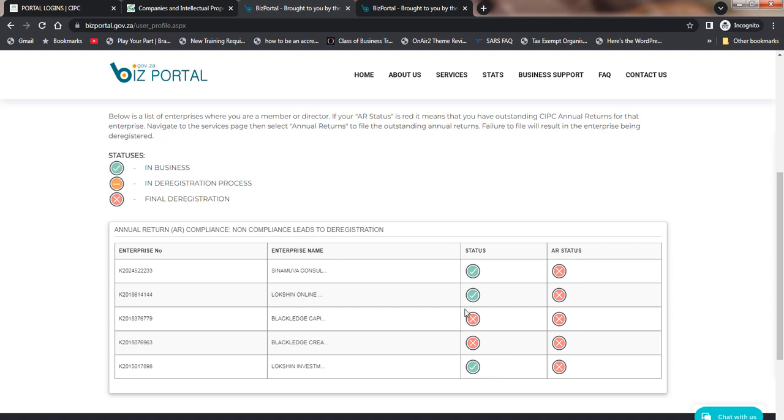Then it also has an annual return status. It doesn't have a beneficial ownership filing status, so whether you are compliant or not for BO purposes, for beneficial ownership declaration purposes. It only shows the annual return status, unlike the e-services platform, which shows both. So if your company is still in the deregistration process, it will show the third